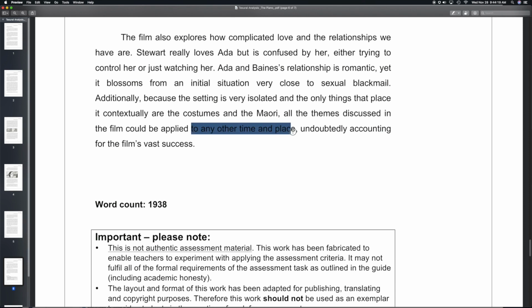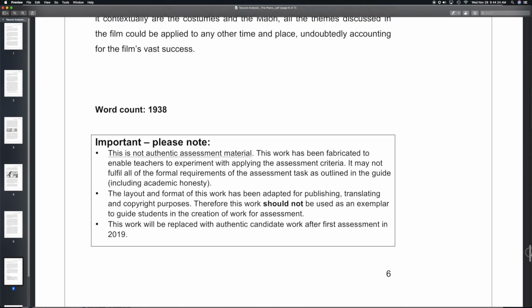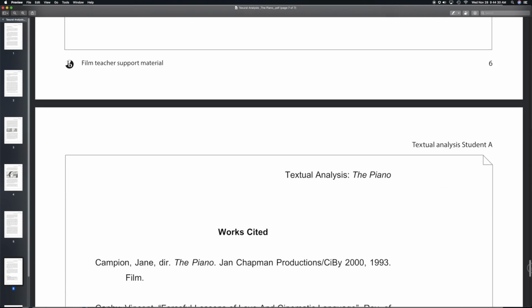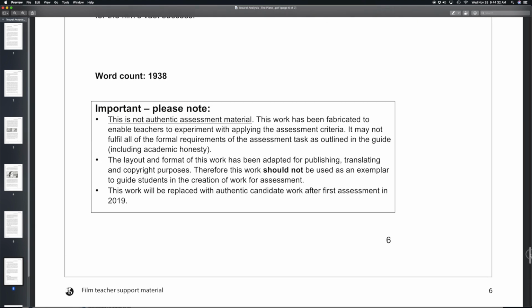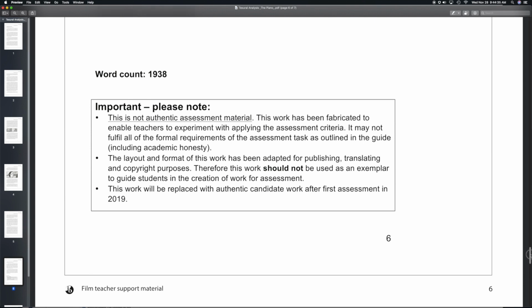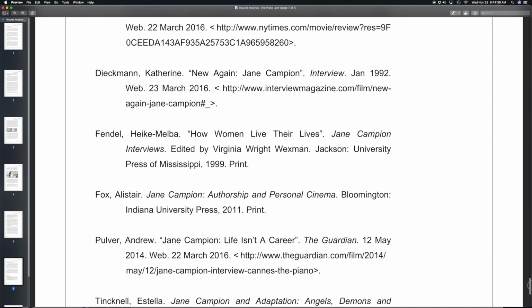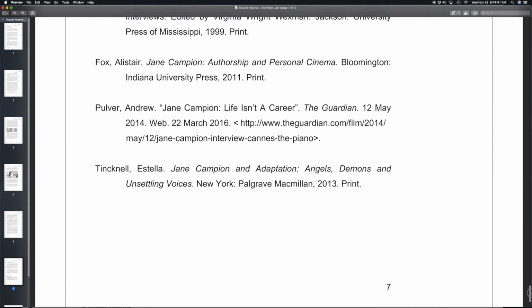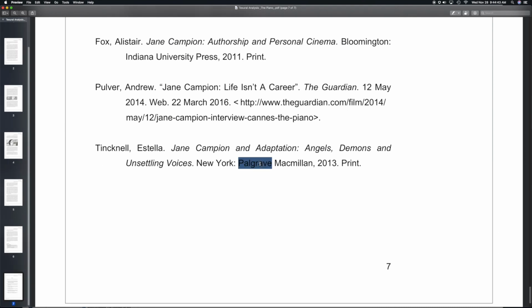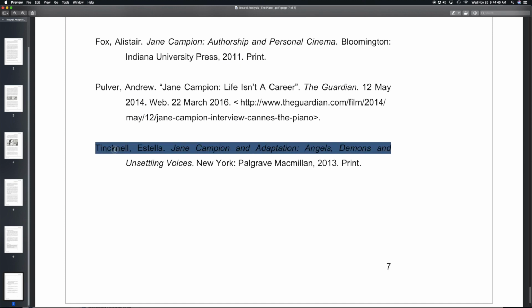Okay, so here at the end, this is just a little warning. Remember, this is not a student assessment. This is what they put together so we could have an opportunity to see what they expect. Now, the only reason there aren't any examples yet is because this is the first year we're doing this, so it'll be challenging. All right, and here's our works cited. Running through here, all of this, and this is even the last one we had, and then I'm not sure what the number they had at the end was, I guess the year. But anyway, here it is. That's the whole project.